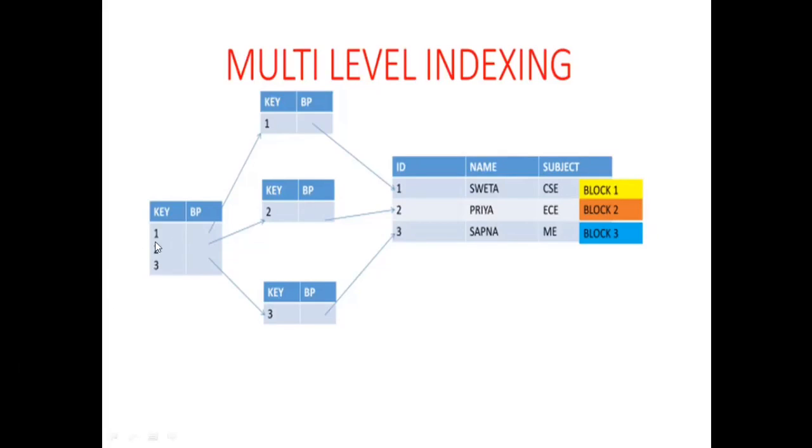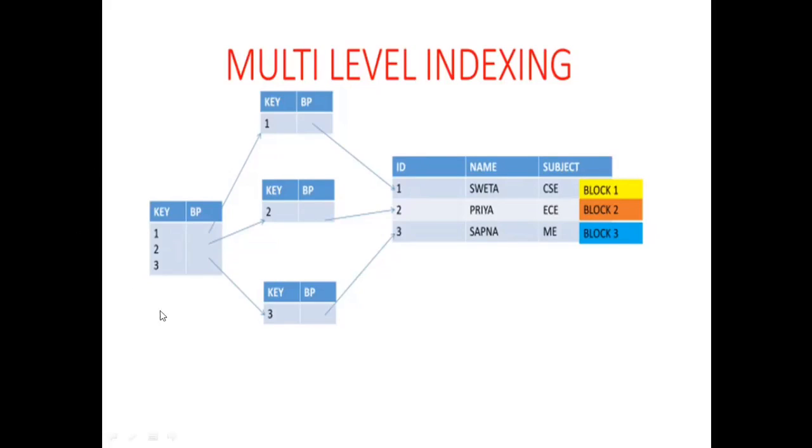So key in this case is basically the root node. Next is the internal node. These are the index files. Both are index files. This one is for the root node, this one for the internal node, and this is basically the actual data file that is stored in the secondary memory, and you require to access that. Each internal node also contains the block pointer to point to the actual data value, and the root index file will contain block pointers to access the internal nodes.